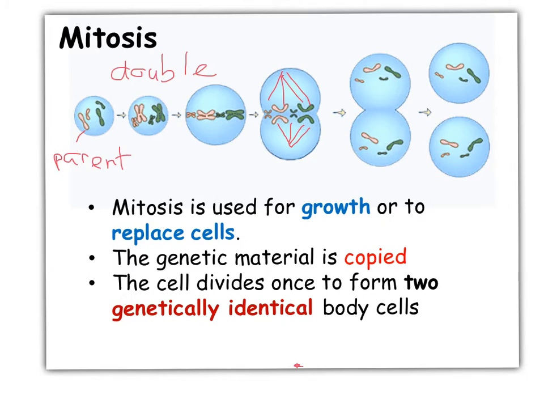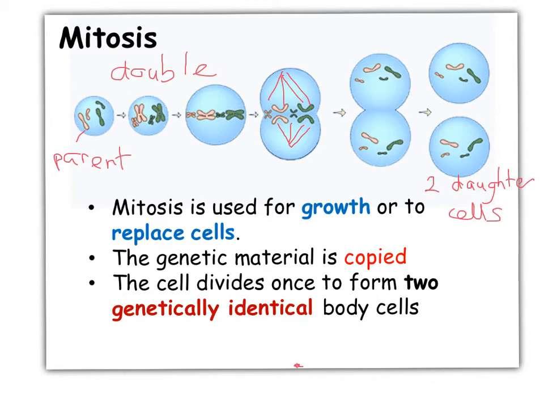The daughter cells, you can see this time we've only made 2, and they are genetically identical to the parent cell. So if the parent cell had 46 chromosomes or 23 pairs, the daughter cells also have 23 pairs or 46